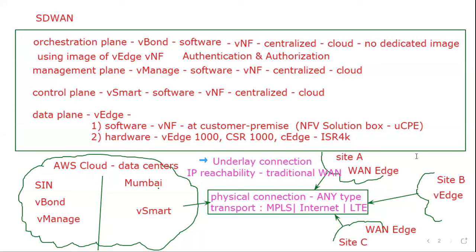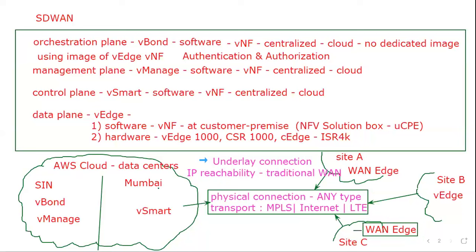Now, the data plane has to communicate with the management plane. Data plane has to communicate with the control plane. Data plane has to communicate with the orchestration plane as well. So one device needs to have multiple connections. I'll take the light blue color and create some of the tunnels for you. Let's take this site where I'm having this vManage device. This vManage device will have multiple connections on top of this physical connection.